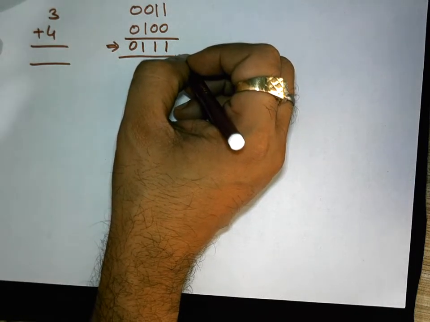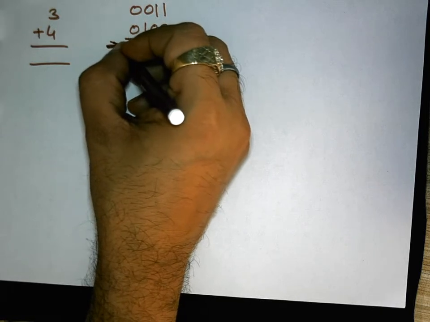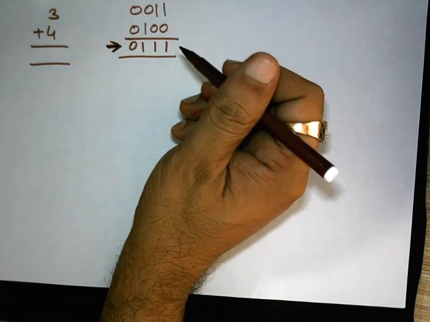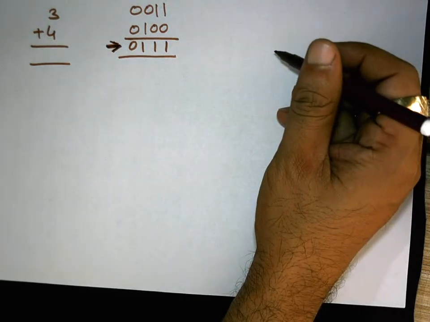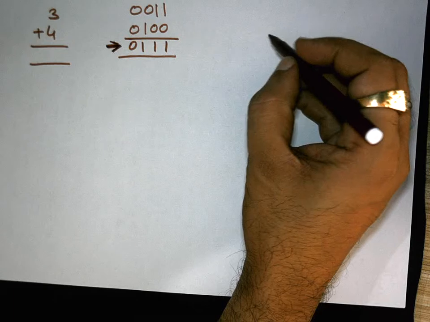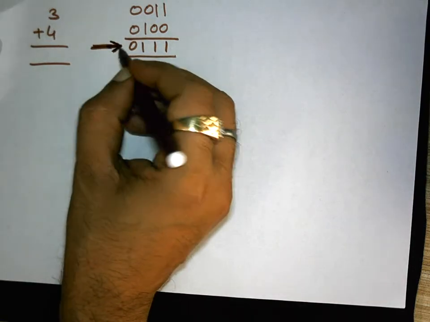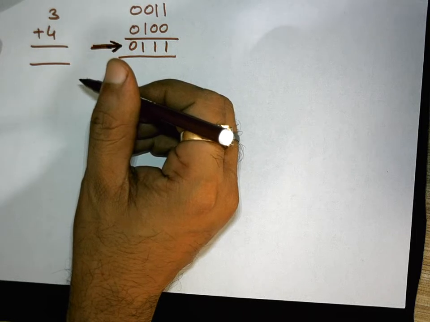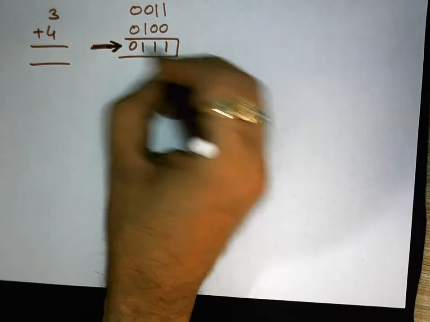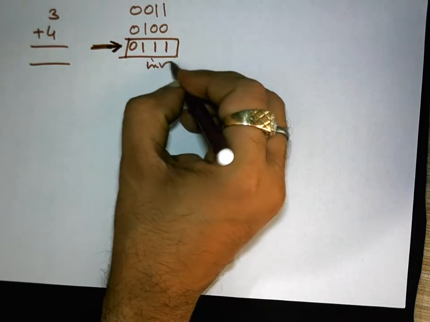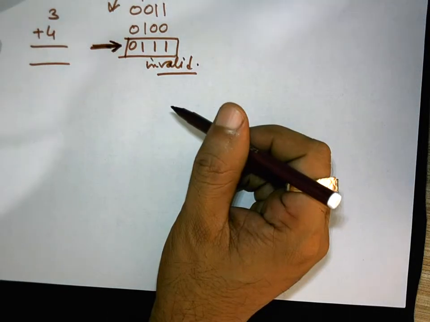So here nothing is added. What we obtained by the process of addition by the calculator is well and good for us. So this is the final result, and this way you can form many examples which will give you the feel of getting your final result without adding 6, because addition of 6 is required if and only if the obtained digit at 4 bits is either invalid or it generates a carry for the next position.